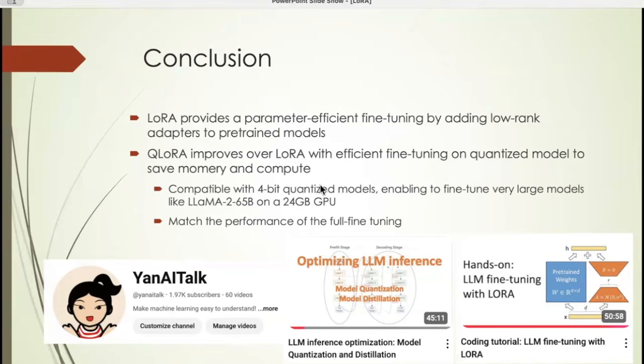This is a major contribution of QLoRA. It also has double quantization, and it manages the CPU and GPU memory pages. And yet, throughout all these compressions and parameter efficiencies, we are still able to match the performance of